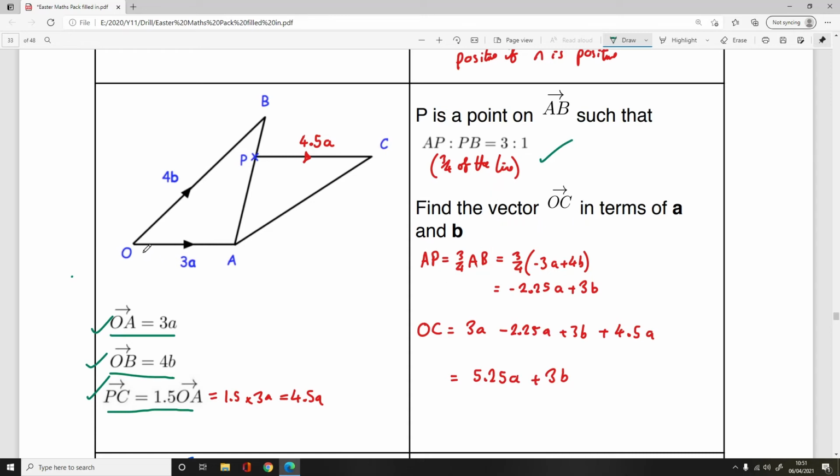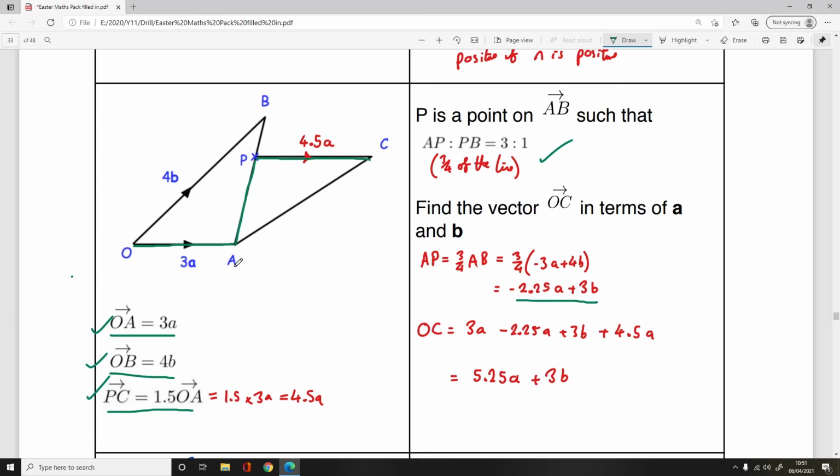So to get from O to C, we're going to go from O to A, which we know. We're going to go from A to P, that we don't know, and then we're going to go from P to C, which we do know. So it's 7.5A plus this. So we need to work out AP. We know that AP is 3/4 of AB, and we know that AB is minus 3A plus 4B, because we have to go around to get there. So we'd work out 3/4 of that,